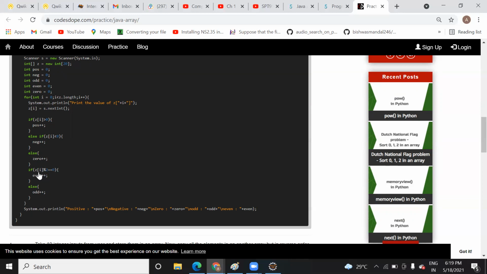Now when you divide by 2, if you get 0 remainder, it means that it is even, right? For example, when you divide 2 by 2, you get 0. When you divide 4, 6, 8, 10, all are even numbers. So it will increment the even count. If not, then the else part will execute and it will increment odd. In this way you will get how many positive values you have read, how many negative values, how many zeros are present in the values that you read, and the even and odd counts.